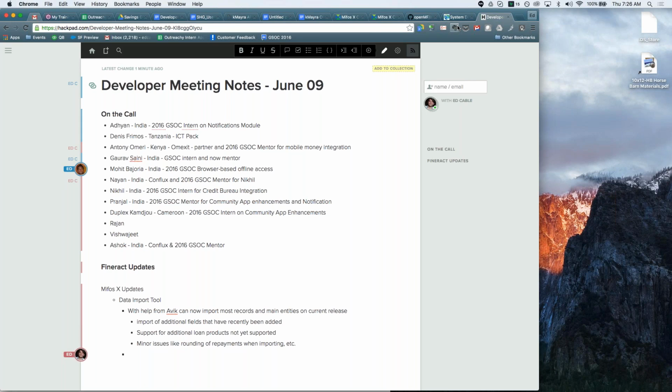And then Gaurav, I'll put you on the spot. Are you able to give an update on what UI we have in place in the community app for the surveys? And then perhaps we can spin up a couple tickets that Googlers or others could pick up to add in the remaining UI screens, because I know we wanted to have the UI in place to actually be able to create new surveys from the community app. And I'm not sure if Marcus had enabled that on the back end. So I wanted to have you give a brief update on what is in place for the surveys framework UI.